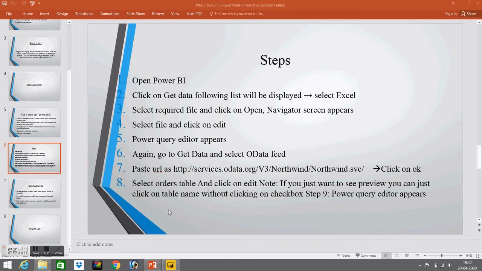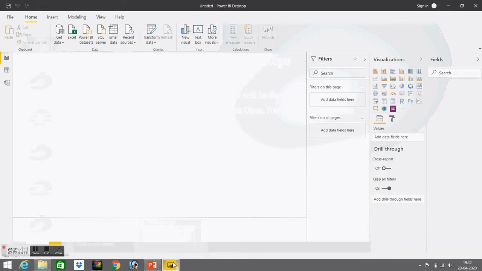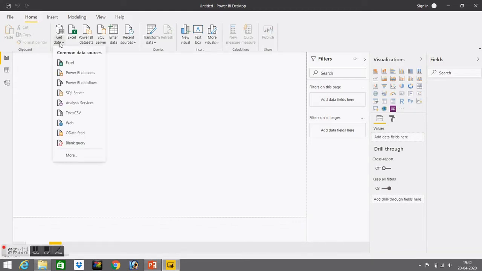We are going to use Power BI. Let's open the Power BI software. Here we get many features. Go to Home and select Get Data.